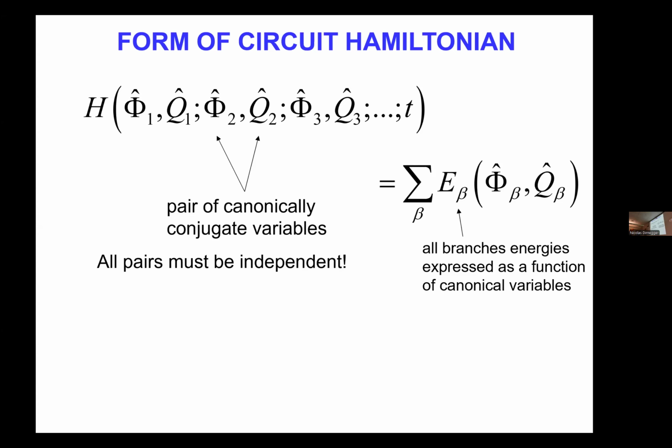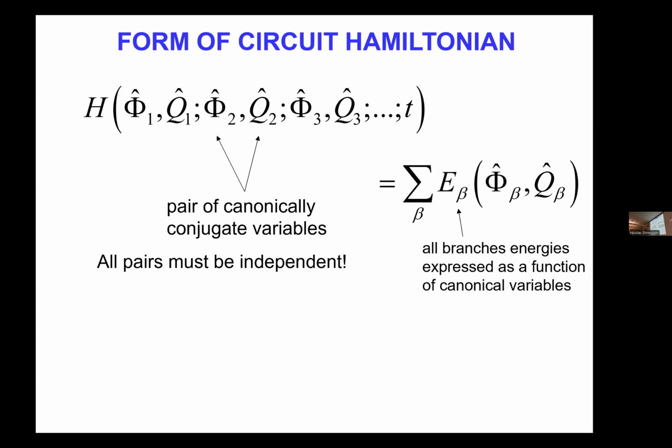And the Hamiltonian is obtained by taking the sum of the energy of each branch. But the problem is that you have to express this energy not as a function of the flux and the charge of that branch, but you have to transform this expression and write it in terms of pairs